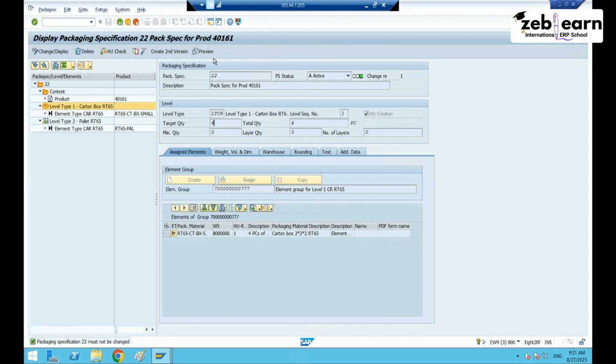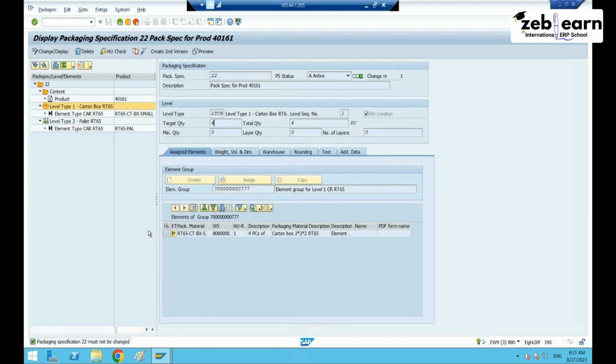But this is a very sensitive thing, packaging specification for inbound in EWM, because in the warehouse we don't know when inbound deliveries will come, right? Production is happening, so we continuously receive inbound deliveries, or some deliveries are coming from the vendor also. At that time the system will perform the packing automatically, right? We set up automatic packing, so the system will pack it automatically, or somebody is creating